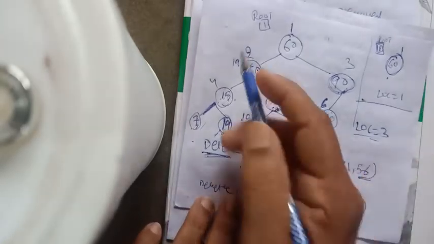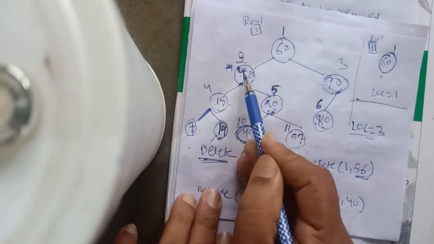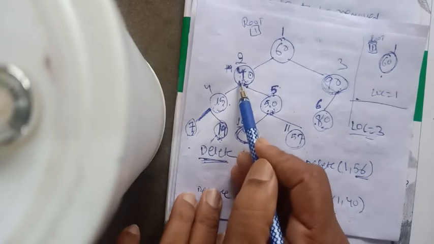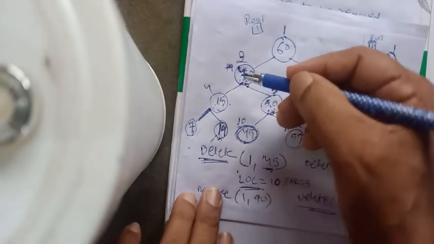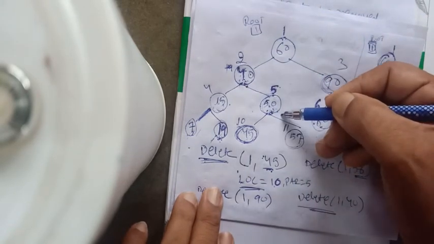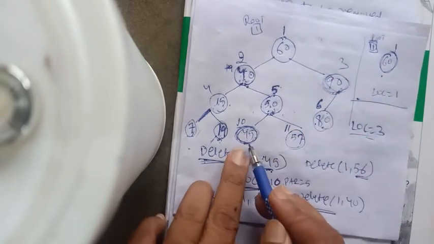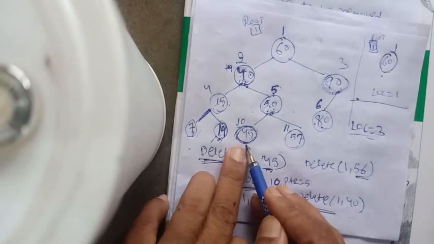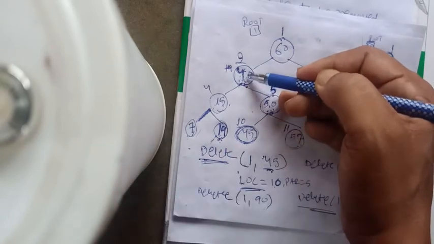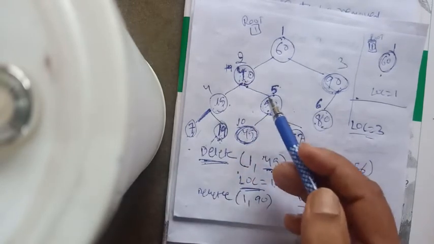Or instead of 19, suppose you want to remove this node whose data is 40, you could have selected the smallest value from the right subtree of 40. When you move to the right subtree of 40 and pick the smallest value, what is the smallest value here? The smallest value is 45. If you copy this 45 over here, you realize that in the left everything will be less than 45, and in the right everything will be greater than 45.